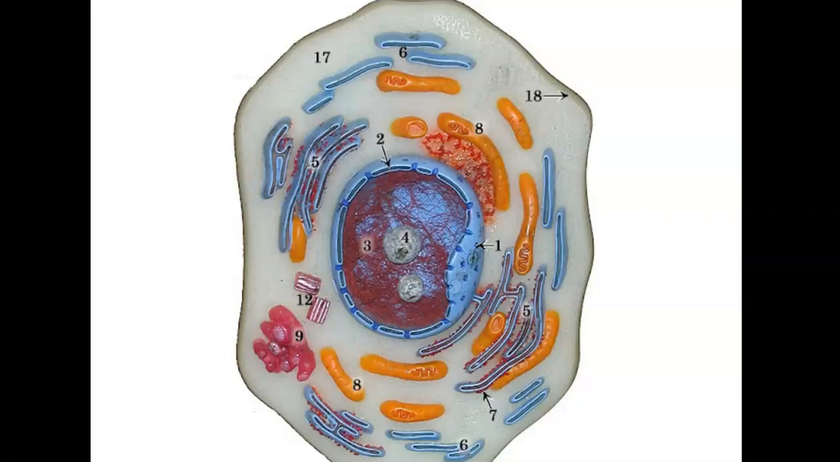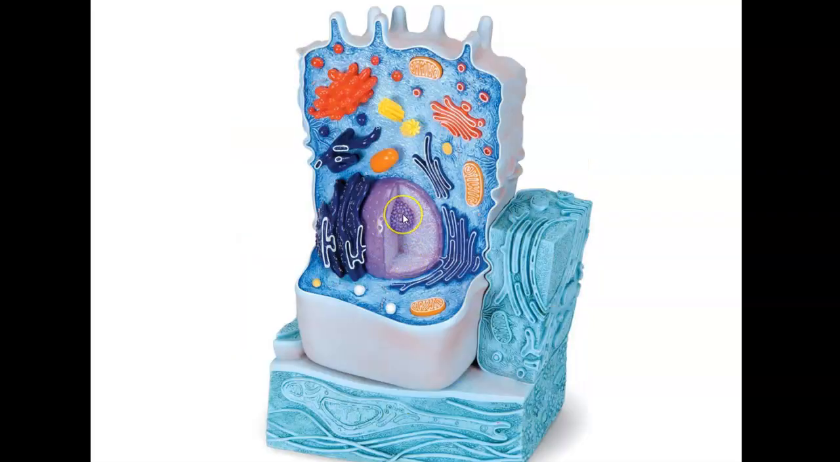And then we have the nucleolus. So number 4 is the nucleolus in this cell model. And in this one, this dark purple area is the nucleolus. The nucleolus contains a type of RNA called ribosomal RNA. And that ribosomal RNA is what's going to give rise to the ribosomes that are responsible for protein synthesis. So those are the parts of the